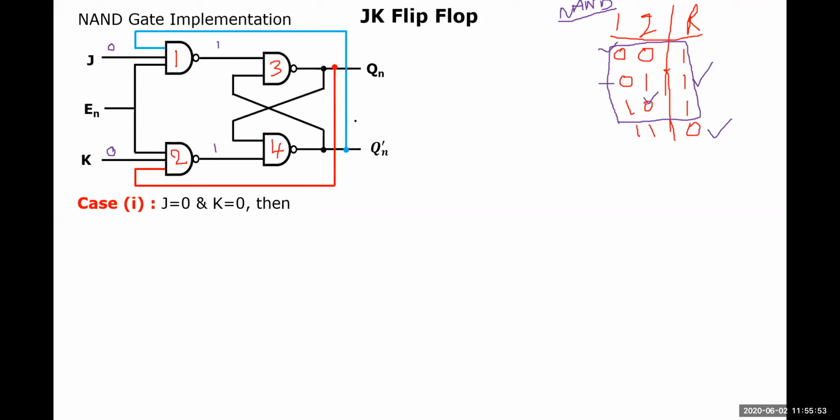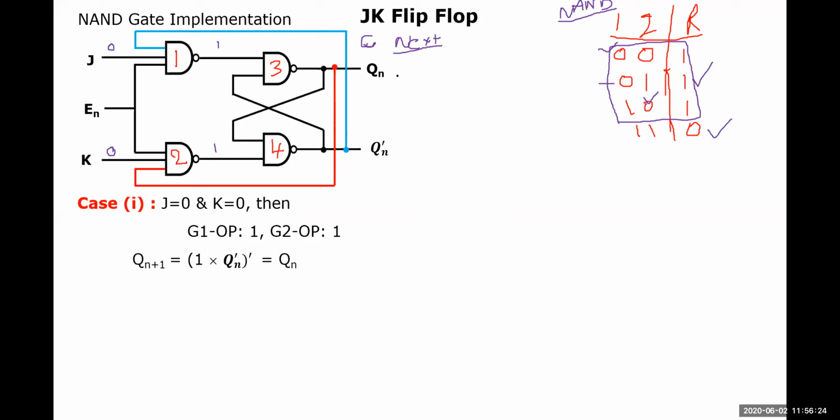So no need to think any more regarding the 1 and 2 outputs. Now at gate 1, the output will be 1 and at gate 2, the output will also be 1 here. Now let us consider n plus 1. So here, what is the next state? This is the current state and we are expected to identify the next state here. What is the next state which is going to produce this 1 here?